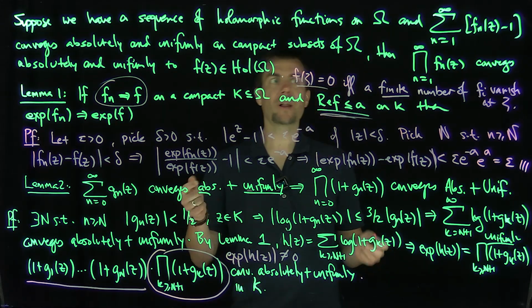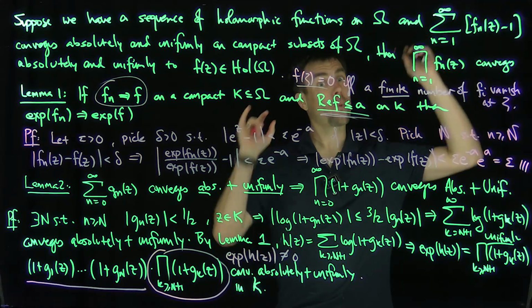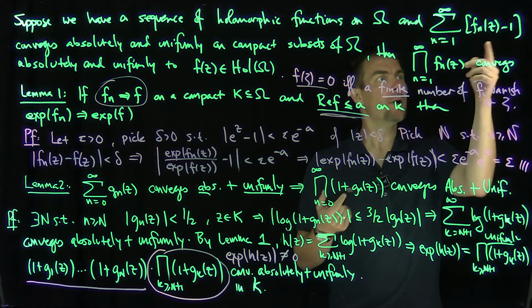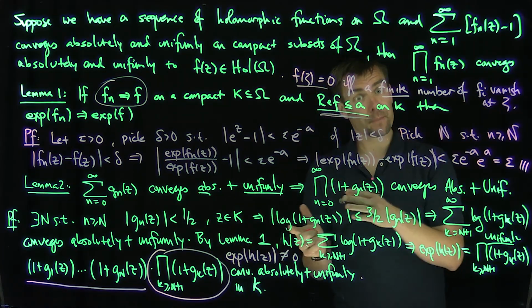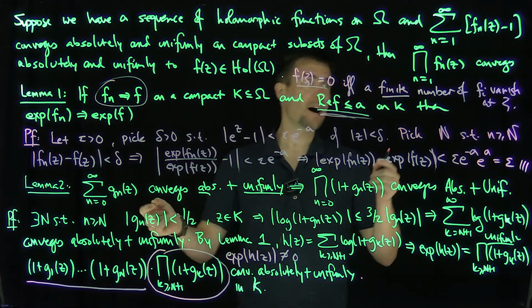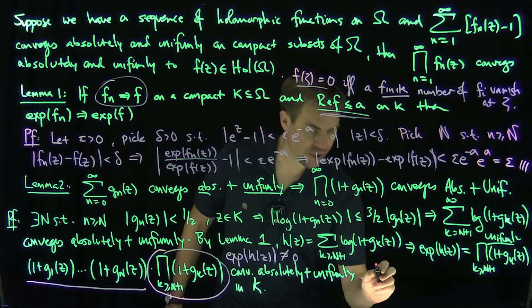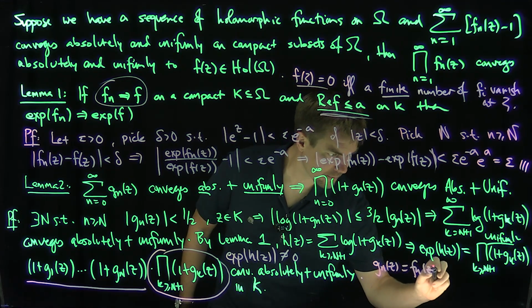And so now what can we do? We can apply our result. So typically it's written like this. It's written with a -1. So what I wanted to do is, in some books they do fn minus 1. In other books, they do 1 minus fn. In other books, they just do straight g, right? So I want to give you both perspectives, and we can apply this now. I can apply this now with what? With gn of z equal to fn minus 1. Done, right? If gn of z is fn of z minus 1,